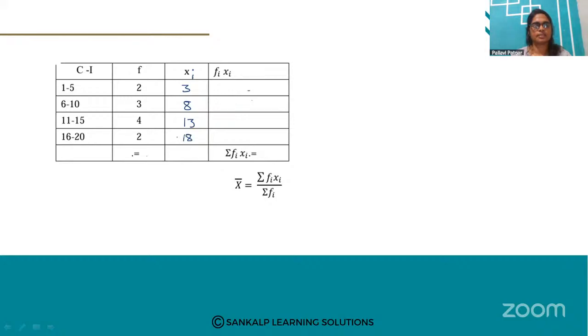18. So now calculate the product of frequency and class mark for each interval. So fi into xi. So 2 into 3, 3 2s are 6. 8 3s are 24. 13 4s are 52. 18 2s are 36. So now find the sum of the frequencies and sum of the product. So here frequency, sum of the frequency is